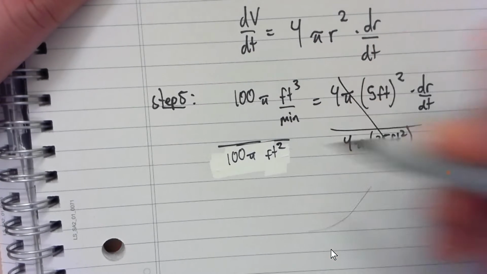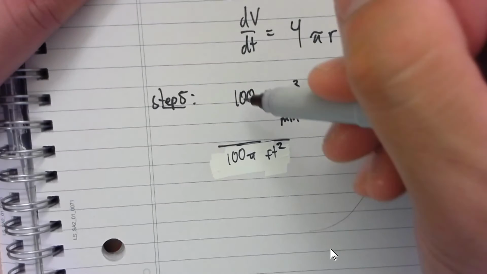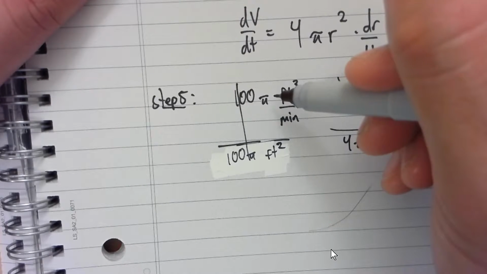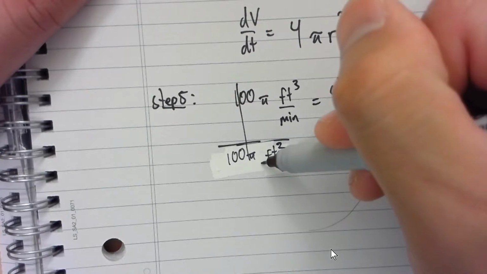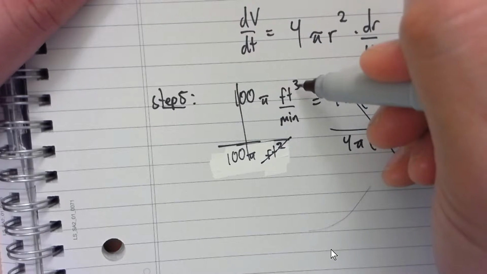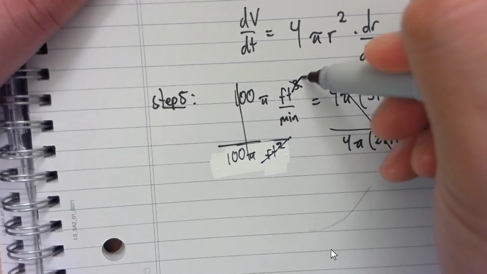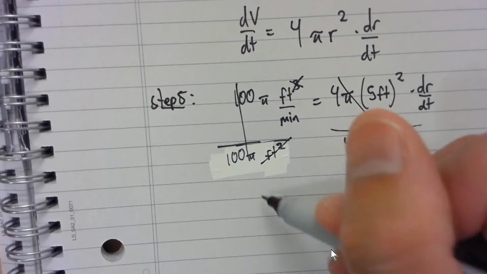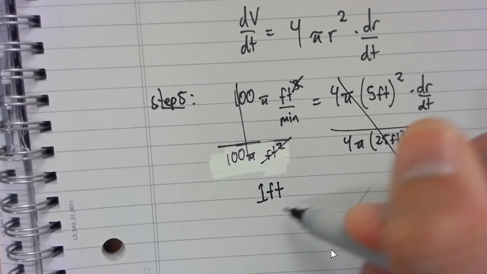That looks almost coincidental, but it's very intentional the way this problem was written. So 100 and the pi are going to cancel out. The units of feet squared are going to cancel out. But up here it's feet cubed, so that's just going to go down to an order of magnitude of 1 foot squared. So what we're going to have is not 1 foot squared, but 1 foot over 1 minute